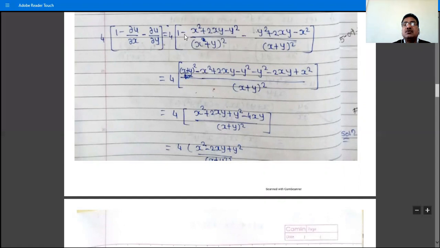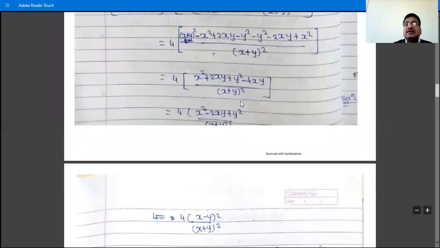Here is minus, so write minus x square minus 2xy, and plus y square, because here is minus sign. So correction is there. Here is minus x square, right, here minus 2xy, because the effect of negative sign, plus y square. So correction here is accurate, that minus y square minus 2xy plus x square, then minus x square plus y square get cancelled. So after simplification we have this,